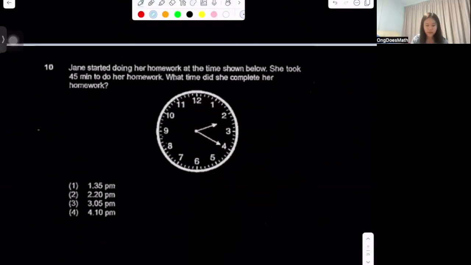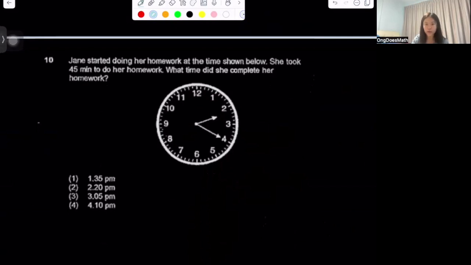James started doing her homework at the time shown below. She took 45 minutes to do her homework. What time did she complete her homework? So what time did she start doing her homework at? So let's look at this clock. This is pointing at 2, right? So 2:20